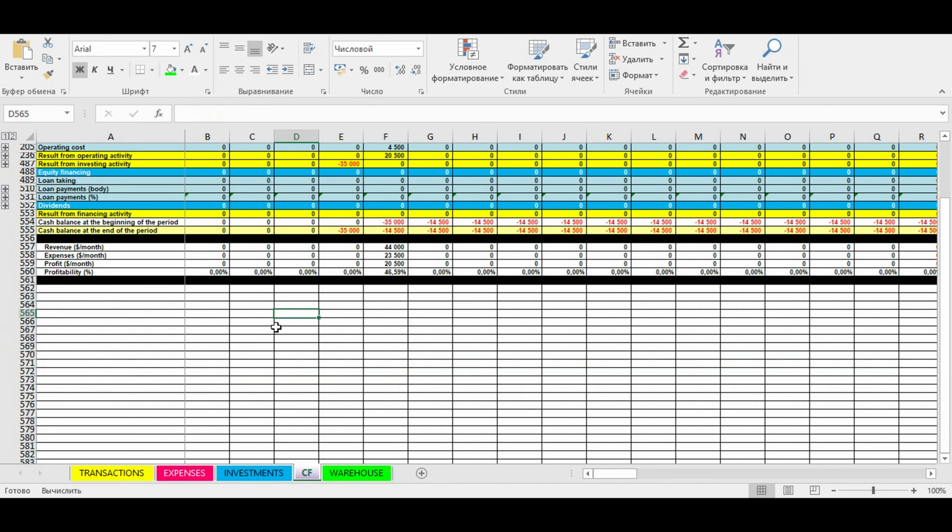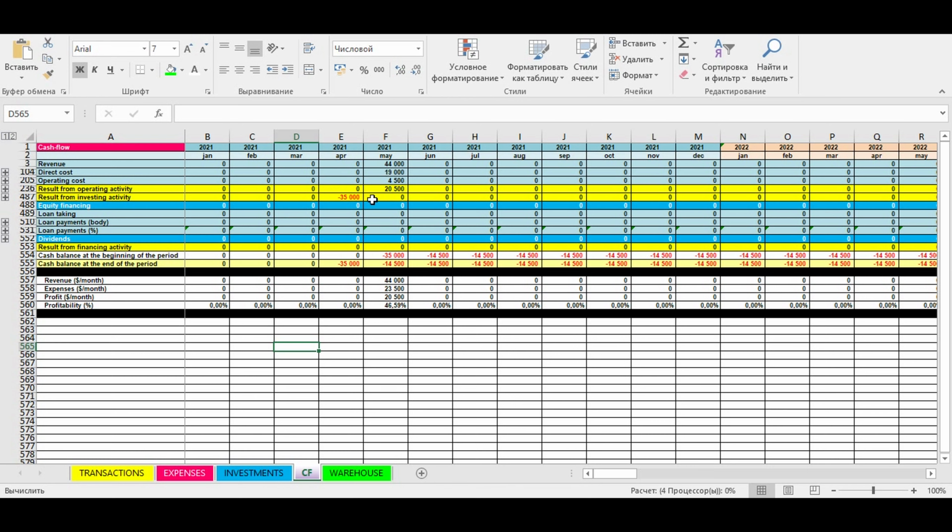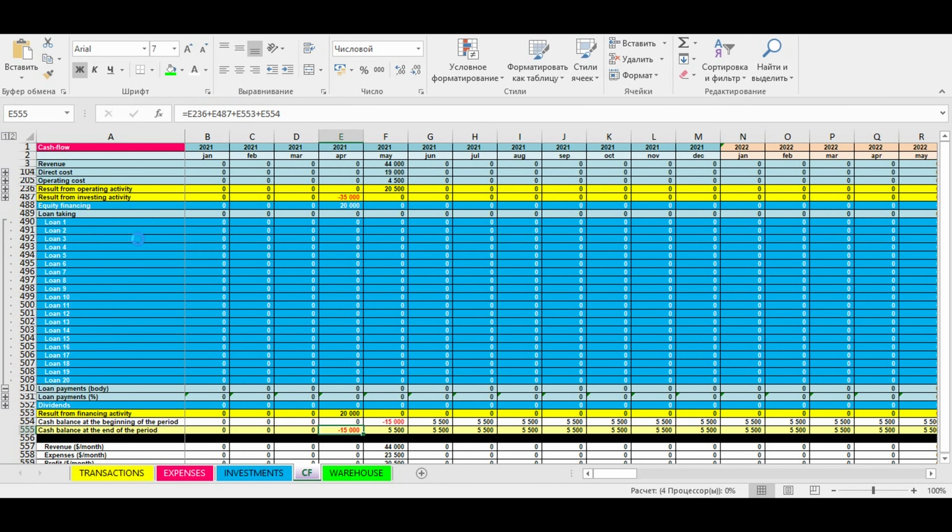So what we can do now? When we look at our cash flow statement, we see that we have a cash gap, and for example we will take $20,000 from our pocket, but still we have a cash gap here, and we decided, for example, to take a loan. The loan will be $15,000,